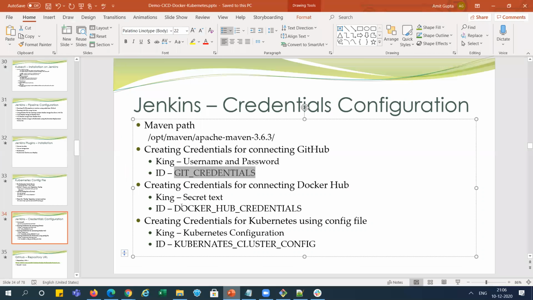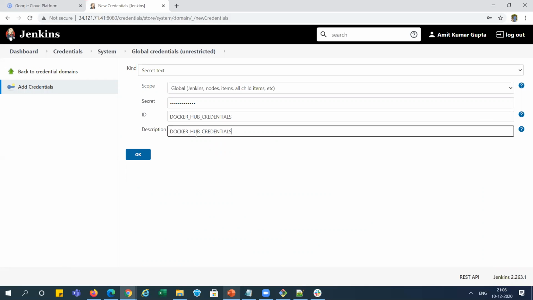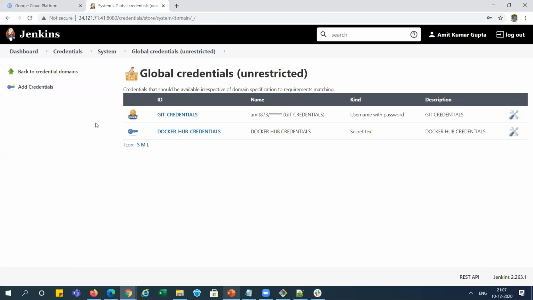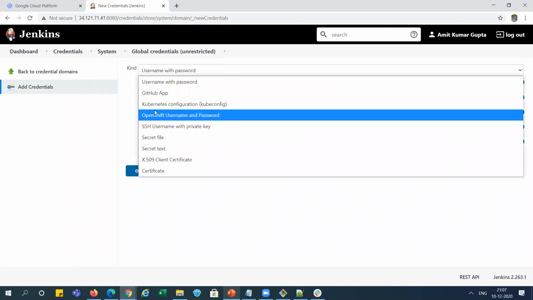In the ID section, I am taking this ID because we will use the same ID in the pipeline script, right? So I'm taking the same one. Now we have done this, and now again we need to add credentials, and here I will select